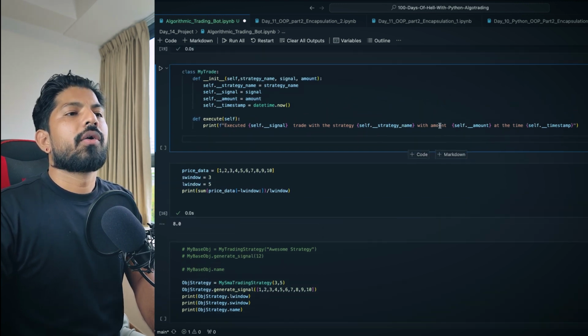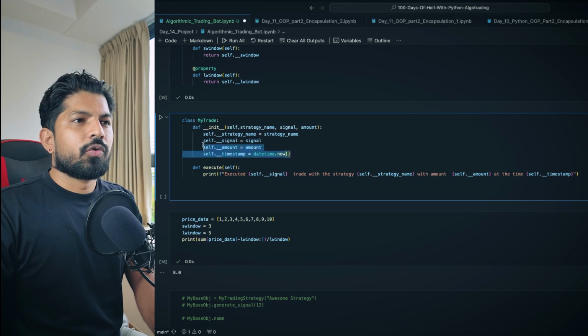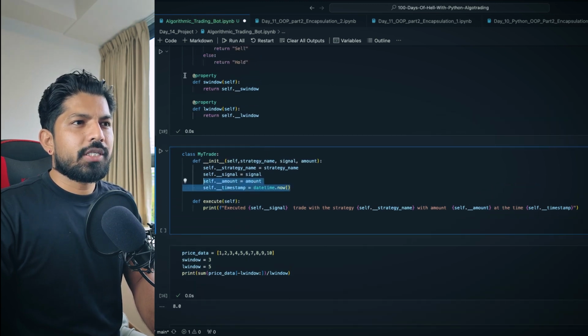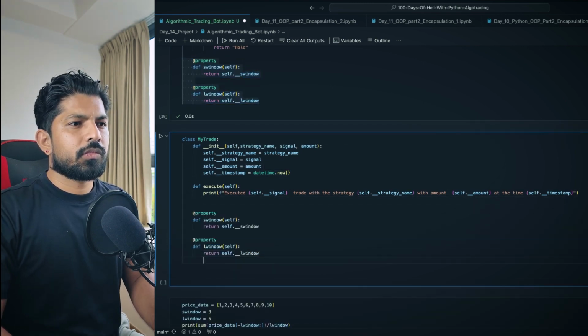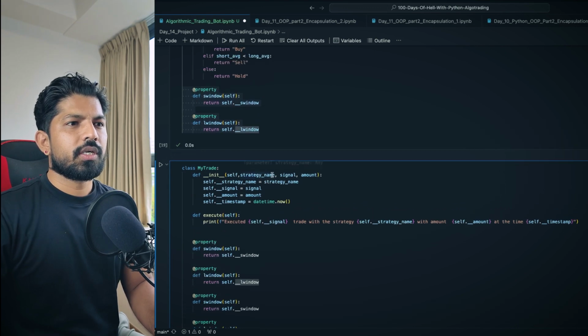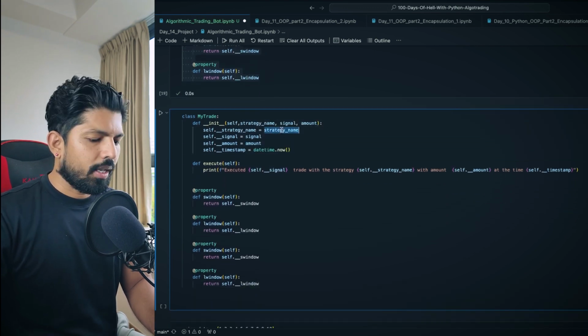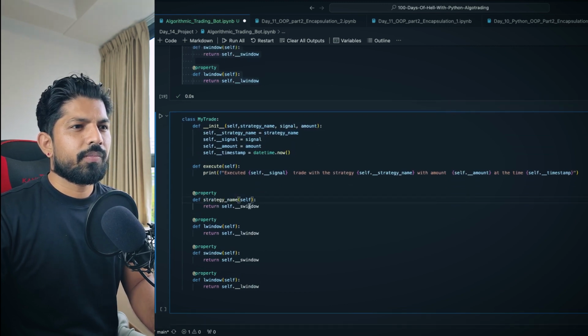What else we can do? Yeah, we can also make these attributes the same, like with the help of decorator, we can make this accessible for the outside public. So what we'll do, I'll just copy and paste these decorators quickly and paste here. So, and again, 4, because we have 4 here. So first is the strategy name. So I'll change these values to strategy, and here also strategy.